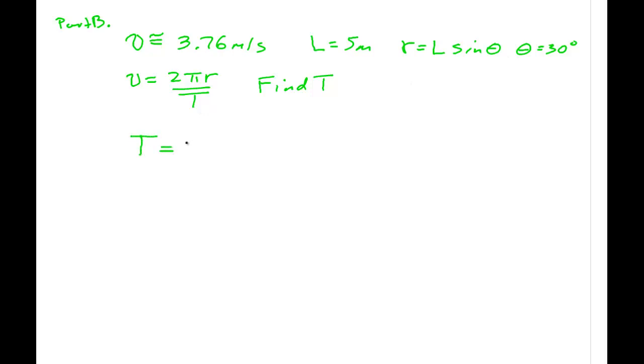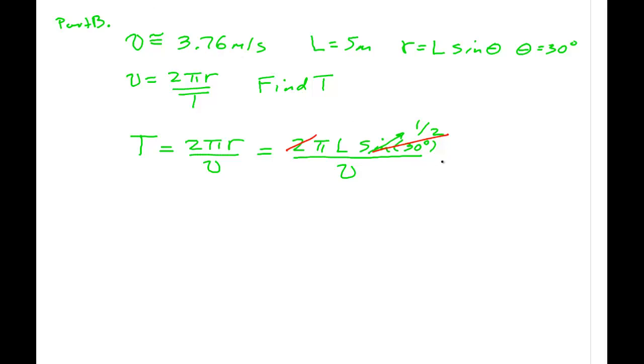T is equal to 2 pi r over V, which is 2 pi L sine of 30 degrees over V. But the sine of 30 is 1/2, and 1/2 times 2 will cancel, and so I have pi L over V. So this is pi times 5 meters over